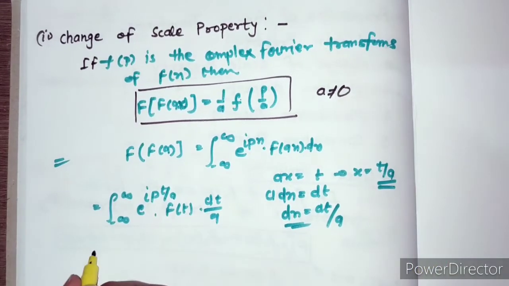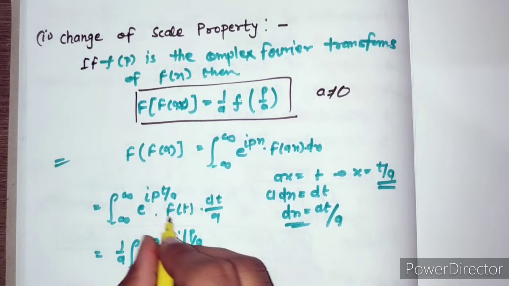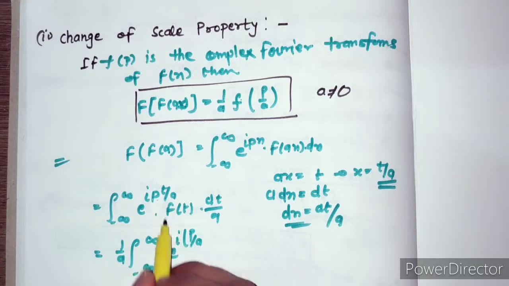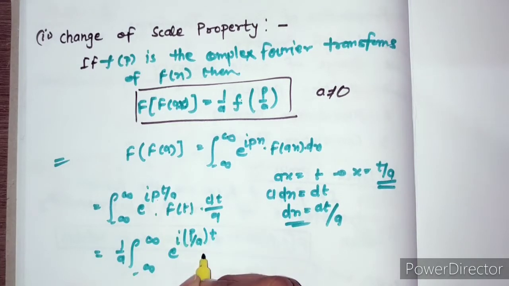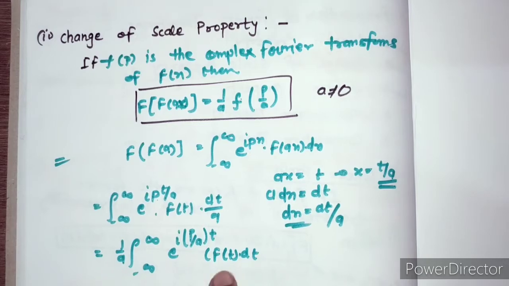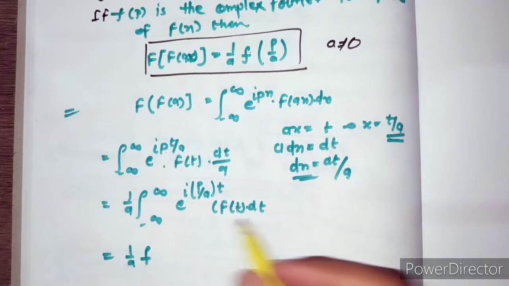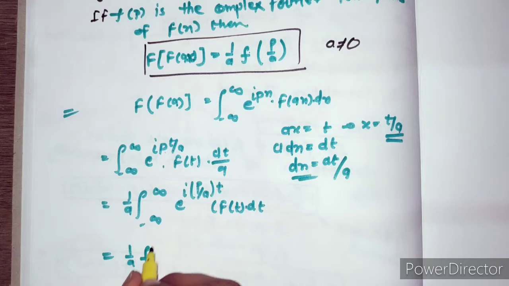When you solve this, 1 upon a is a constant term, and the integral from minus infinity to infinity of e raised to i p upon a t, f(t) dt. So it is 1 upon a times F(p upon a). Okay,